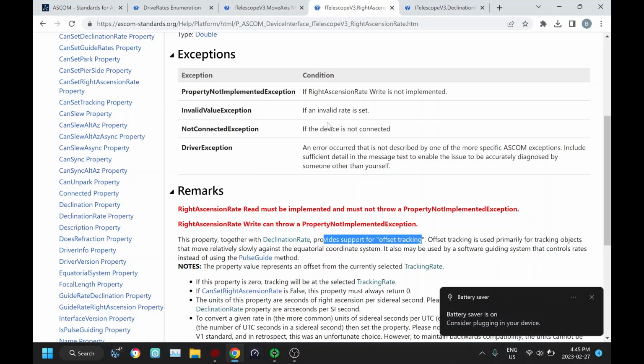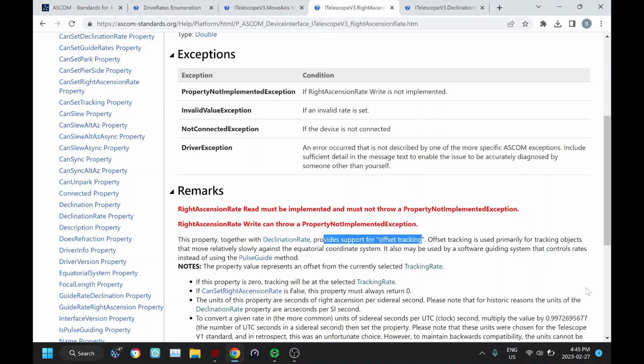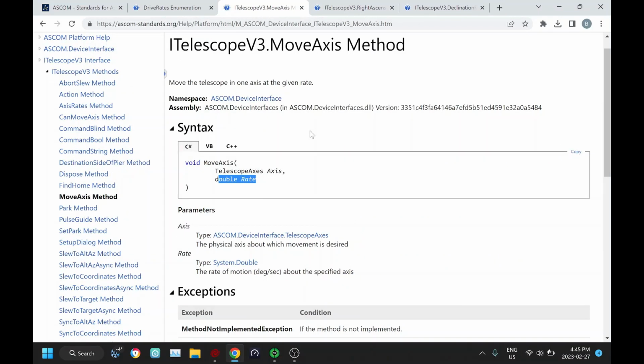And so I think it's more fitting for objects that are in the same ballpark of sidereal rate in terms of tracking. So that would include asteroids, comets, which are in that ballpark of movement. So I said SkyTrack uses move axis for satellite tracking,